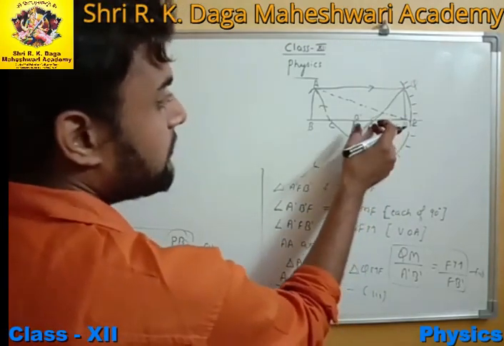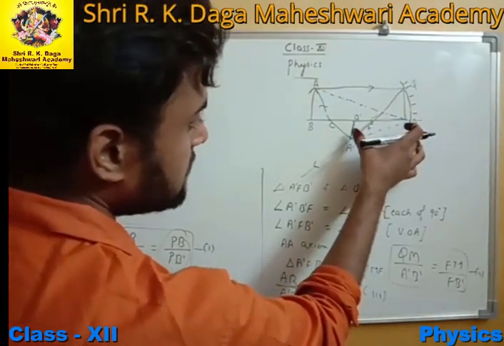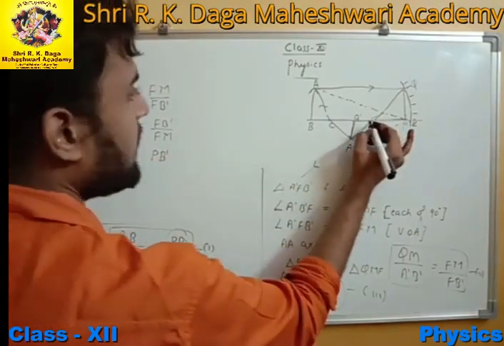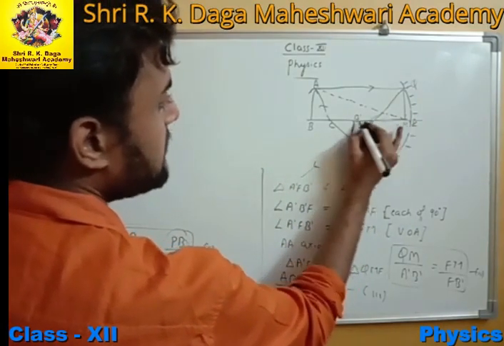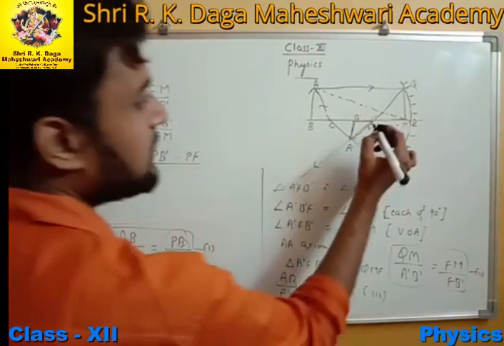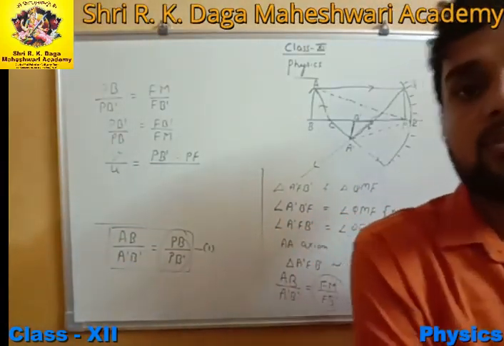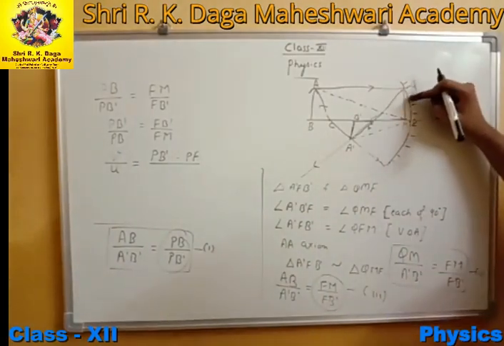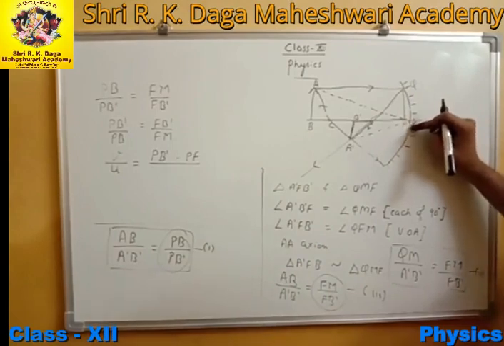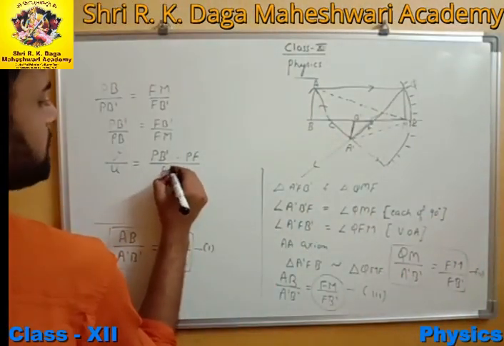Similarly FB dash, now can I write this FB dash as PB dash minus PF? I can write this FB dash as PB dash minus PF, okay? Upon FM, that is F to M. Now if I say that the aperture of the mirror is so small, let the aperture of the mirror is so small such that this M is coinciding with P, so can we write this FM as PF or FP,